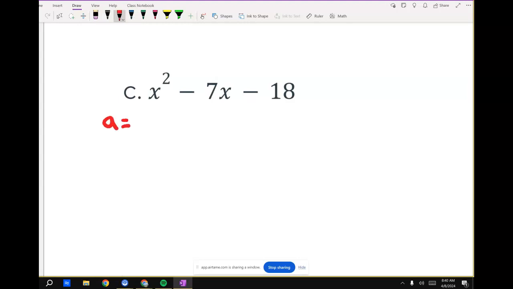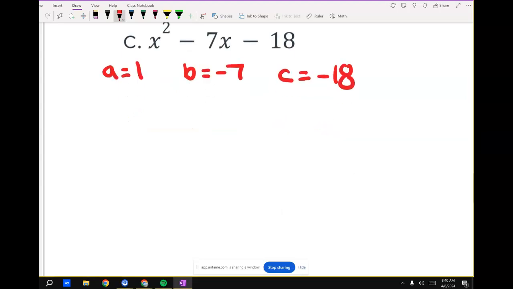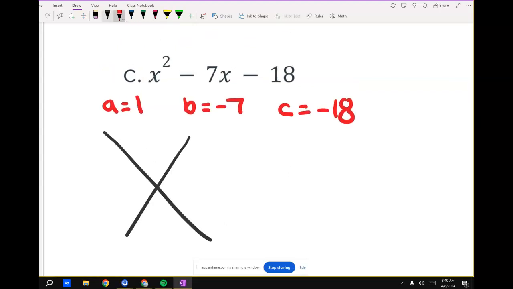All right, let's do another one. A is 1, B is negative 7, C is negative 18. So on the top of my X, I'm going to take my 1, my A times my C. So that's negative 18. On the bottom, I put negative 7. So I think to myself, if this number is a negative, your number on your top that you have to multiply to,